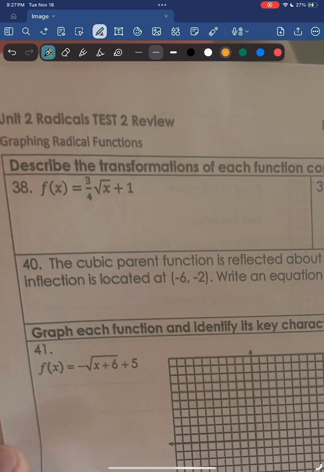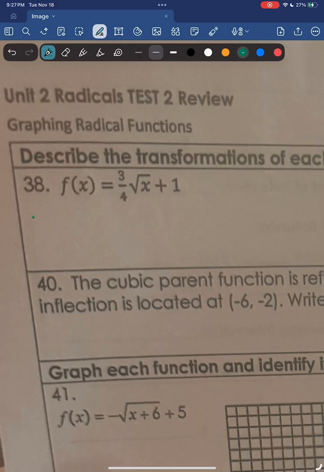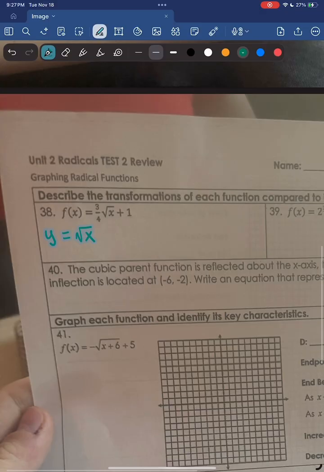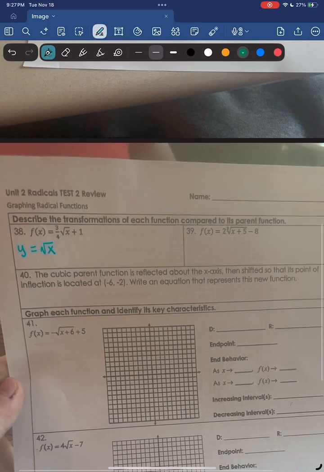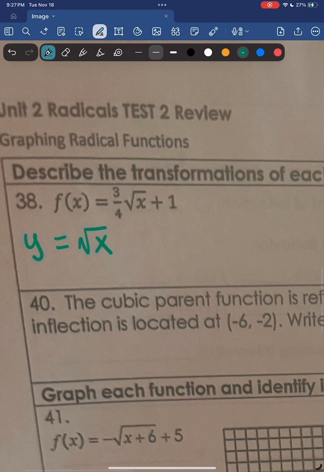So we know that the parent function is going to be y is equal to the square root of x, because really 3/4 and 1 don't matter for determining what kind of line it is. So now it wants us to describe the transformations compared to the parent function. So what's happening in this function versus what's happening in this function. So in this function, we have a